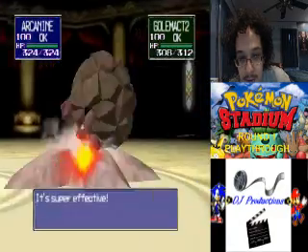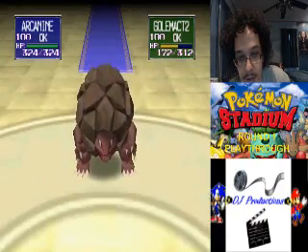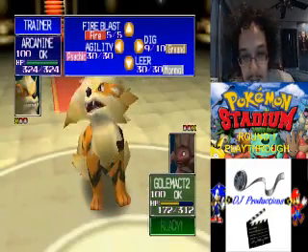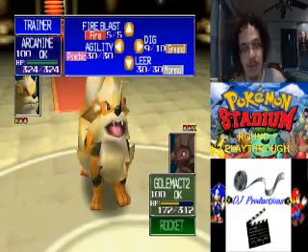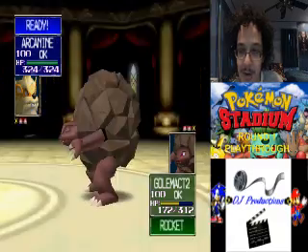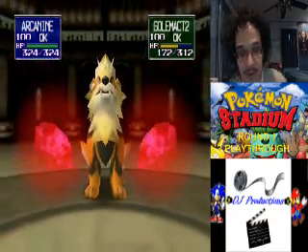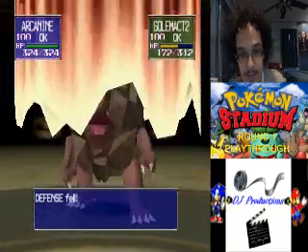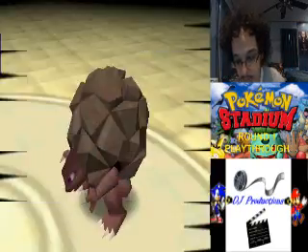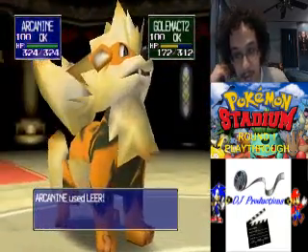Rebound, let's see. That did not do much at all. Okay, it's going for Bide now. I think Bide goes for 2 turns. So I'm going to use Leer on it, just lower its defense so when I use Earthquake again, or Dig again, it'll do more damage. Never thought some kind of move as Leer useful, but